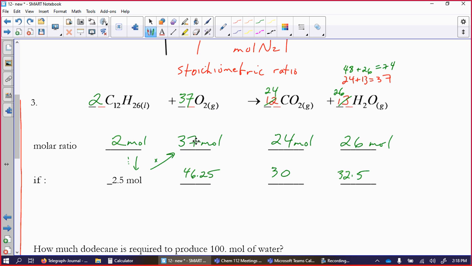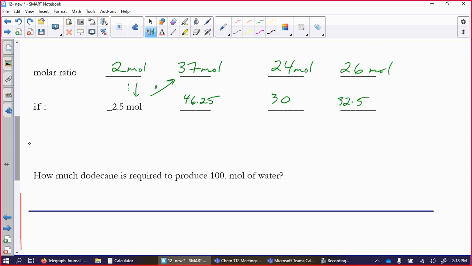Because it's a multiply and divide. Because if I want water, I'm going to multiply by water. And that's not really a question I would ask. I would probably give you one like this. If I have 100 moles of water, how much dodecane